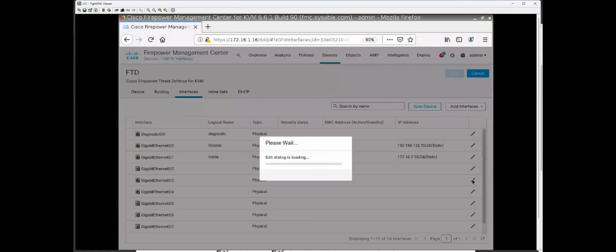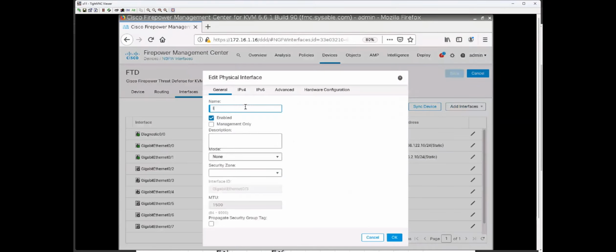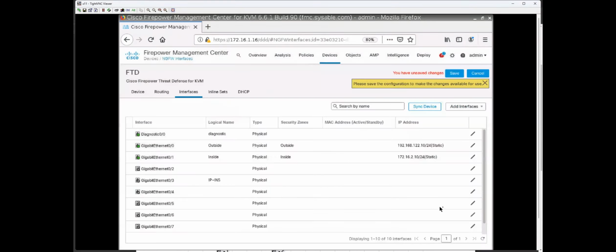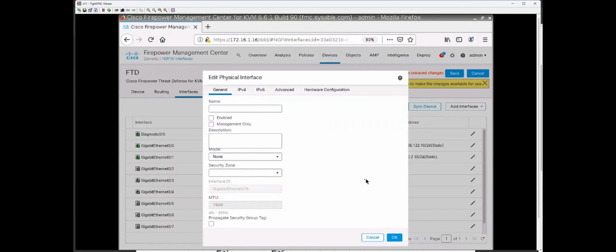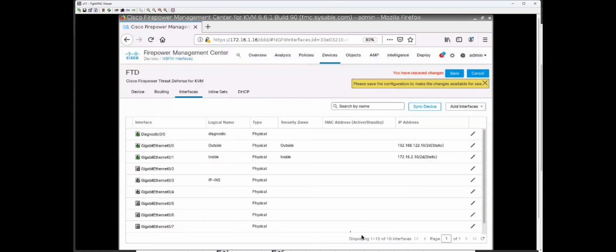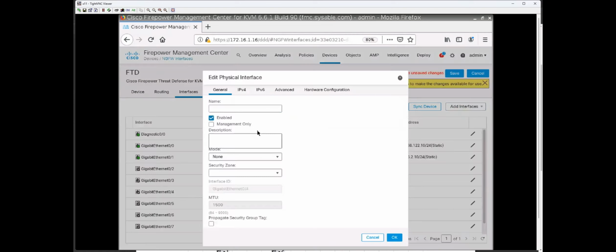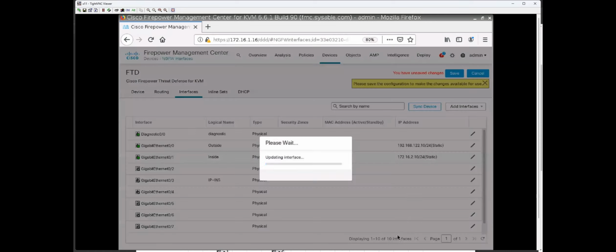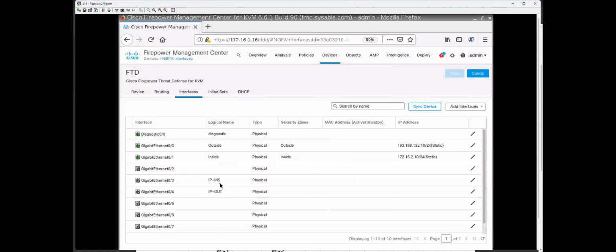So let's go to gig 0/3, and we will give it the name IP inside. And here gig 0/4, we did not enable that one. Yeah, enable this one, name it IP out. And we see that there are no zones. I'm not assigning any zone and I'm not doing anything else. I'm just assigning the names and enabling the interfaces. That's it. Now that both the interfaces are named, if I go back to Inline Sets,